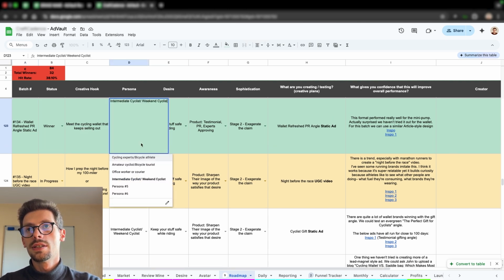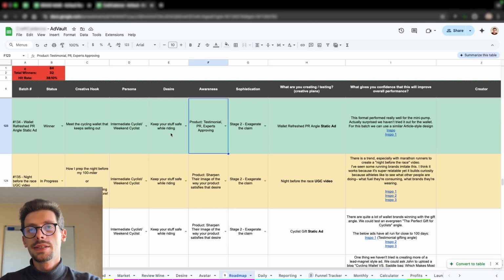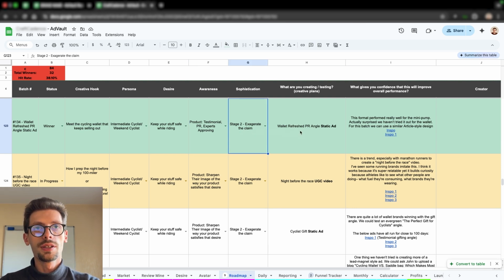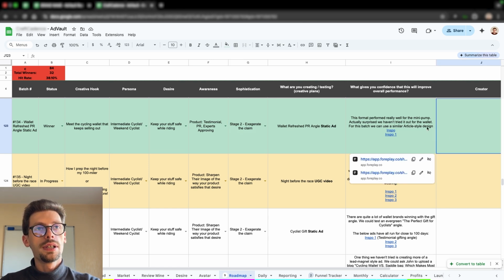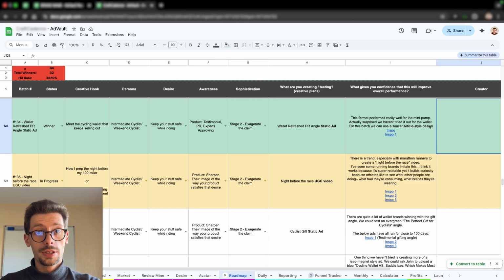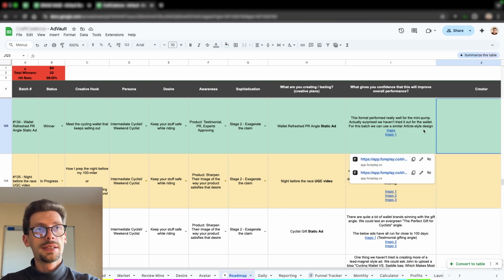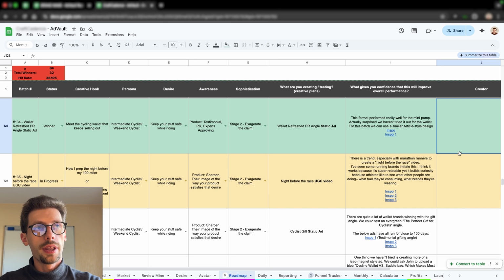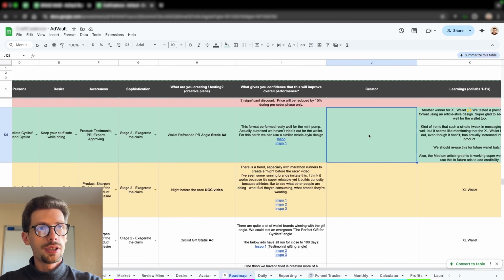The persona is the intermediate cyclist. The desire is simply to keep your stuff safe while riding. The awareness is product aware, the sophistication is stage 2. Here we want to make a PR angle static ad, and the reason we want to go for it is that it simply did really well for another product, and now we want to test the same thing for this product. Here we also put some inspiration links for the ad, then the creator should be filled out,